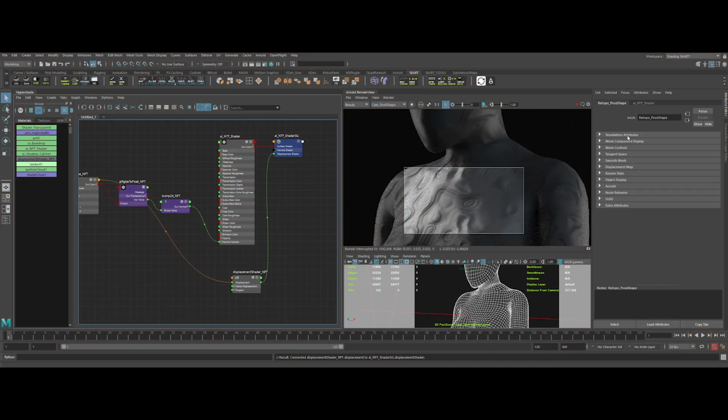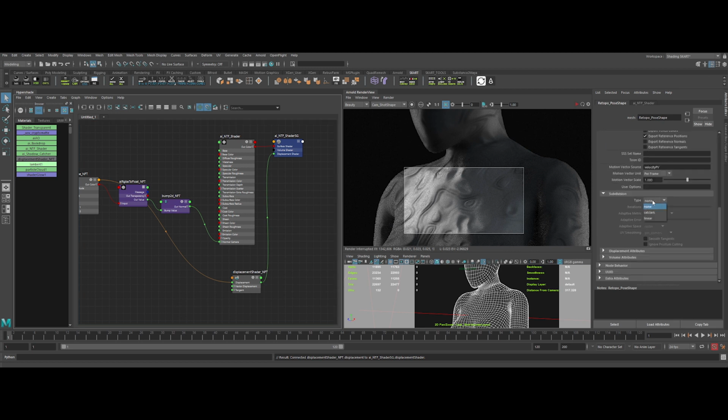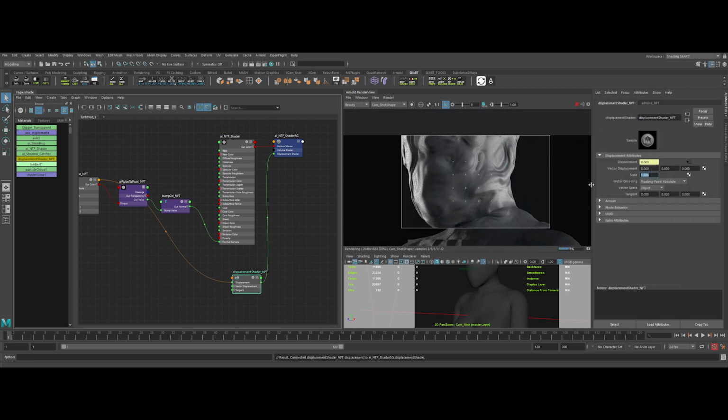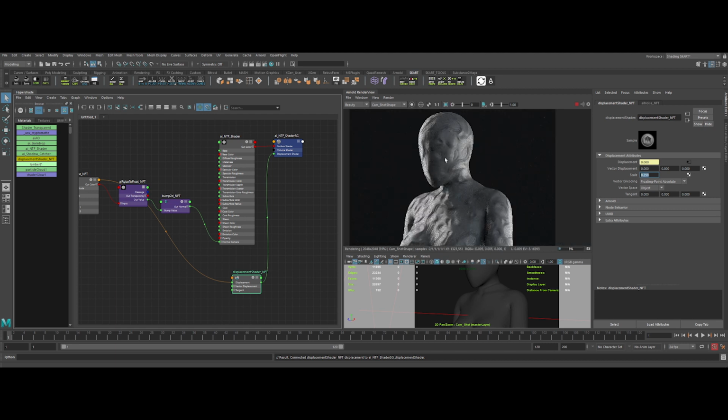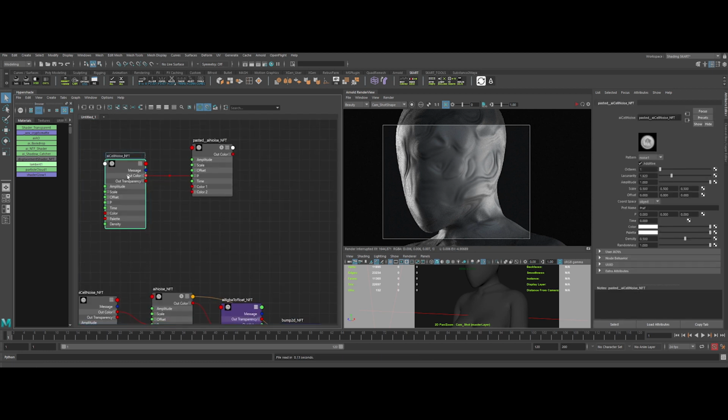Now back to the switch shader. Let's increase the subdivision of the mesh by choosing Catmull-Clark type and increasing the iteration to 2. Let's also configure the attributes 8 to 1 and bounce padding to 3. Nice. The displacement value is a bit strong. Let's drop it by half. Again. Okay, really nice.